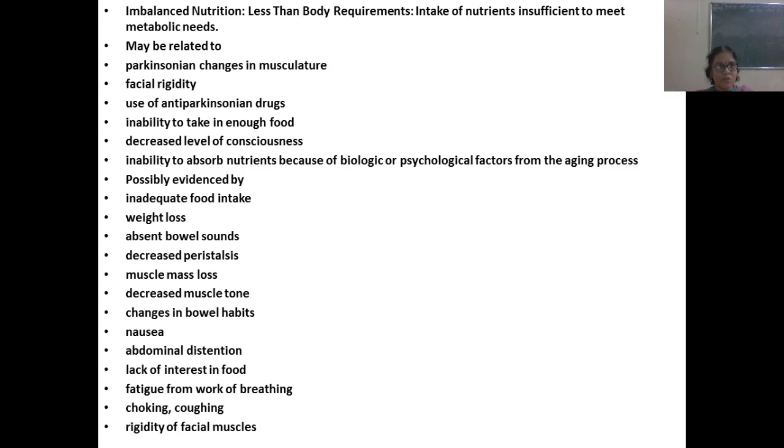Next, imbalanced nutrition less than body requirements. Intake of nutrients insufficient to meet metabolic needs may be related to Parkinsonian changes in musculature, facial rigidity, use of anti-Parkinsonian drugs, inability to take in enough food, decreased level of consciousness, inability to absorb nutrients because of biological or psychological factors